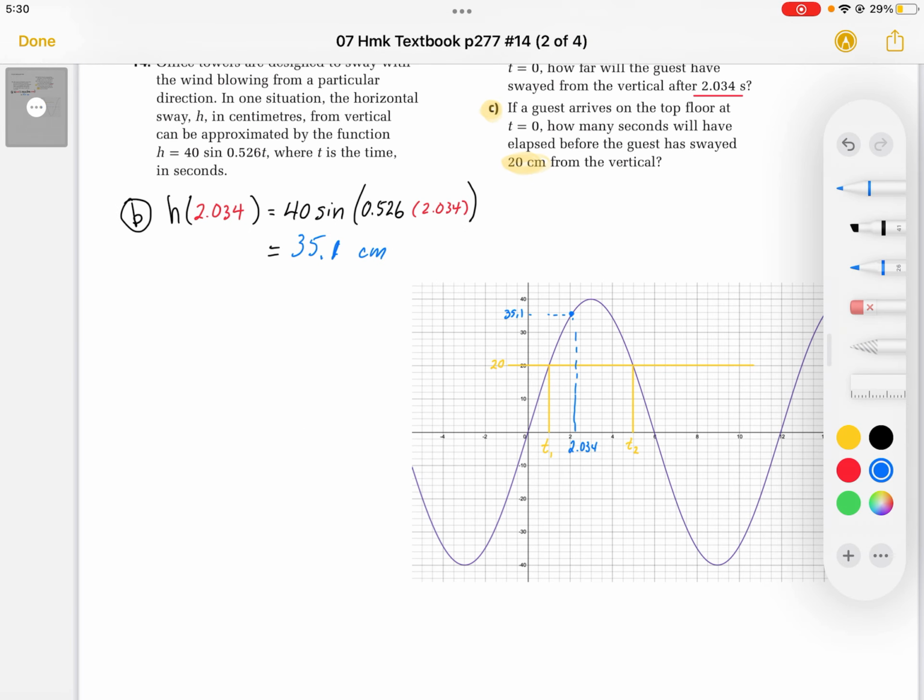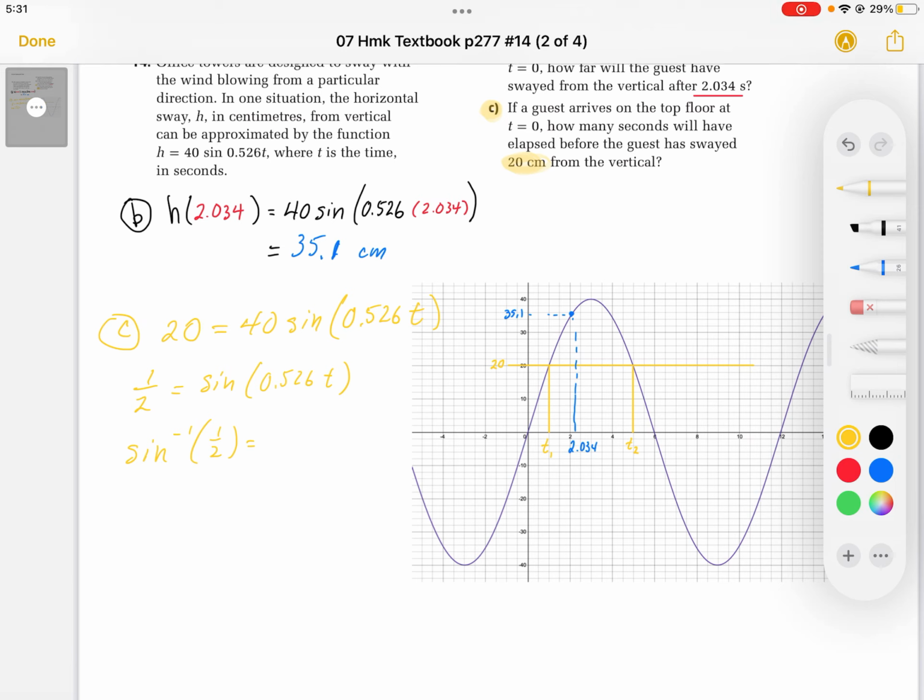So to do this, we've been given the h value. So we've been given h equals 20. So I'm just going to put this into an equation. So I have 20 is our h value, and it's equal to 40 sine of 0.526t, and we're going to solve this. So we're going to first of all divide both sides by 40. So I get 1/2 equals sine of 0.526t, and then undoing this, the arc sine of 1/2,